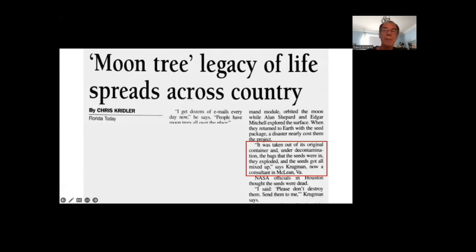Now, what happened was, unfortunately, this is the second misadventure they had. They did try germinating. It turned out that they did germinate okay, but they were doing this in Houston, at Johnson Space Center, and they really did not have the facilities to be growing these trees. And they pretty much all died after about a year. Now, luckily, they only planted maybe half the seeds. They hadn't tried planting them all.